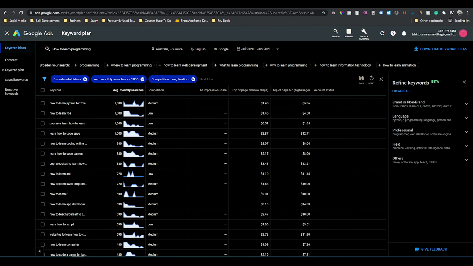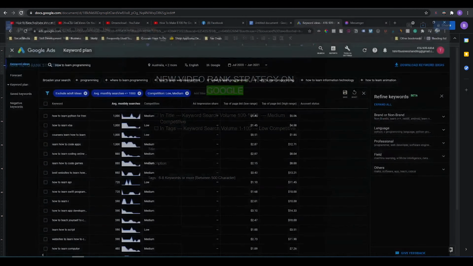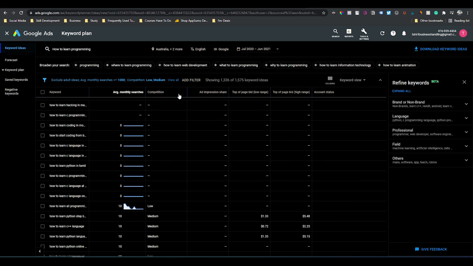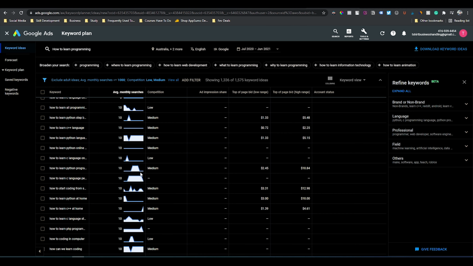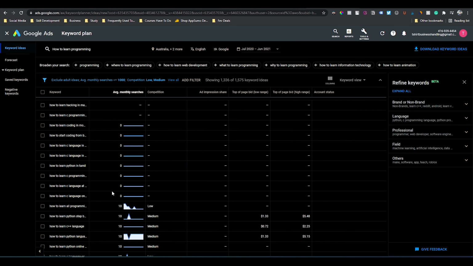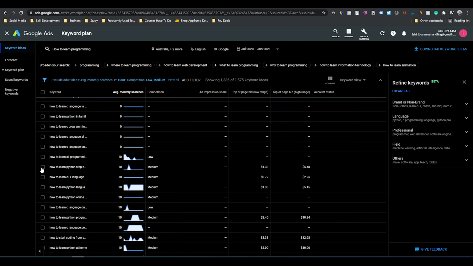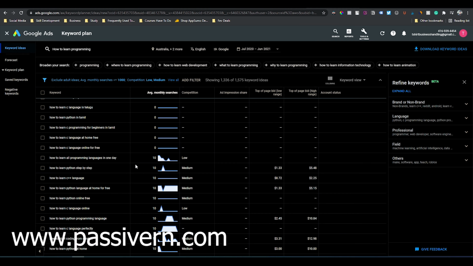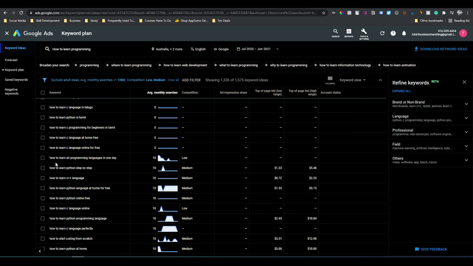Go to keyword planner and from average monthly searches, take the keywords which have search volume 1 to 100. So there are some good keywords such as how to learn Python step by step, but it's medium, so I should not take it.